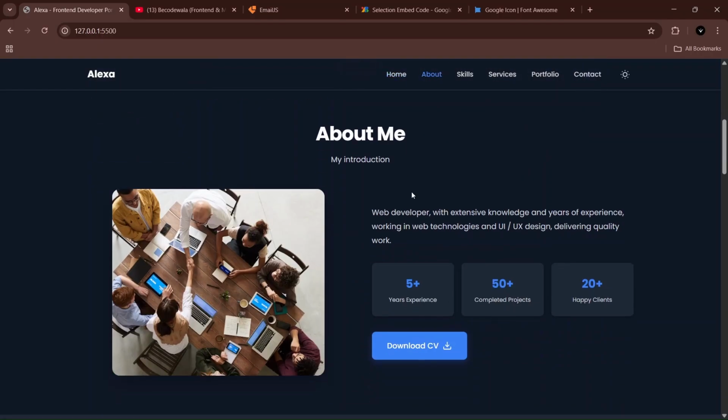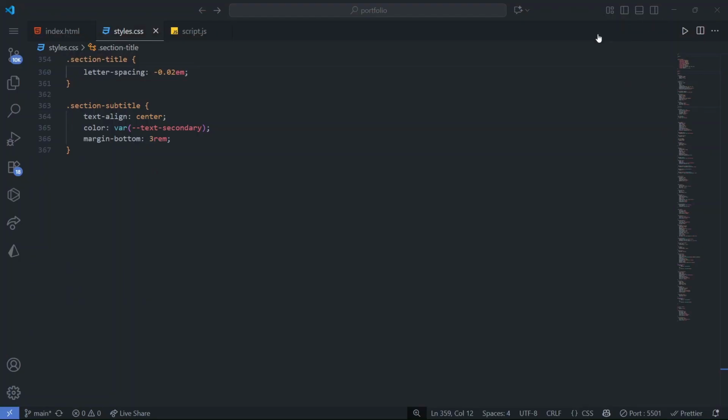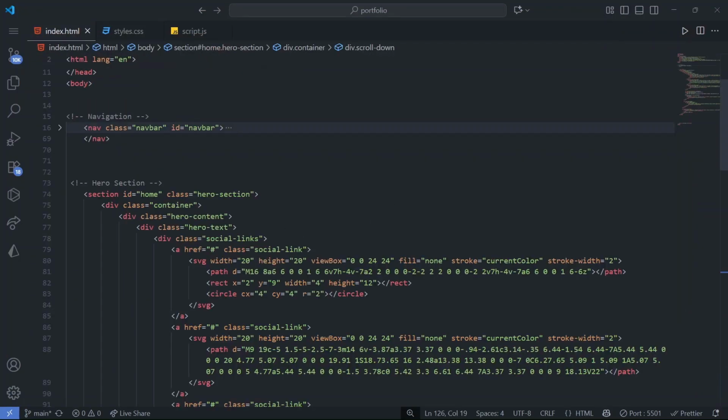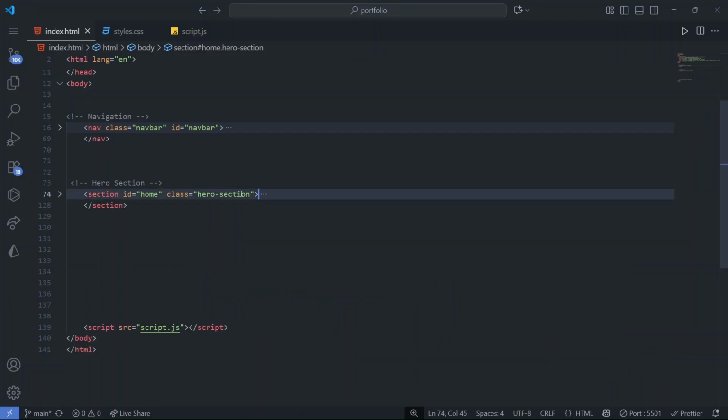In the about section we have a beautiful header and my introduction paragraph. Here on the left hand side we have an image, and then here we have a little description about yourself and the experience with aesthetics. Then we have a download CV button. So this is the about section. It is similar to the hero section that we have created. So let's create the